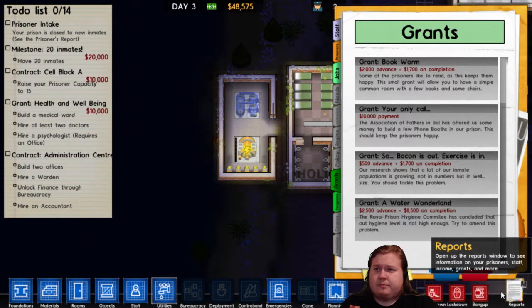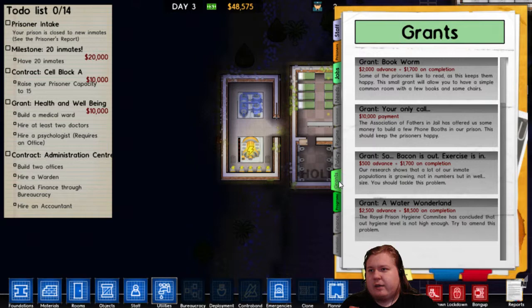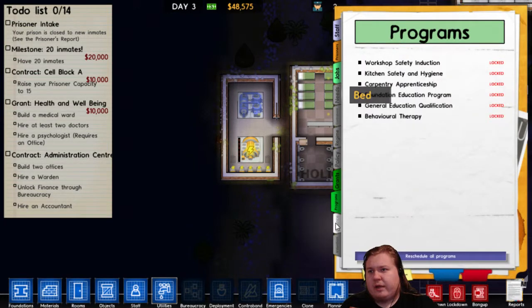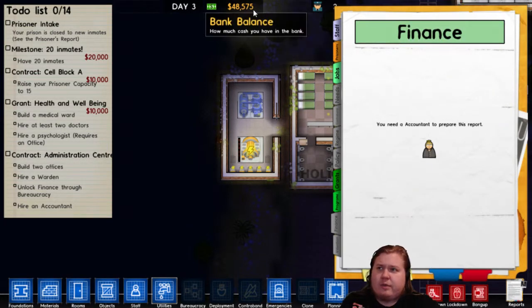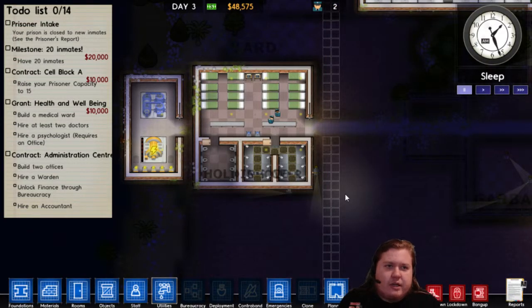And I think some of these actually gave me also some advance money. That's one way to get it. Then you have, well, I actually can't see the finance at the moment, but you get a grant of money each day from